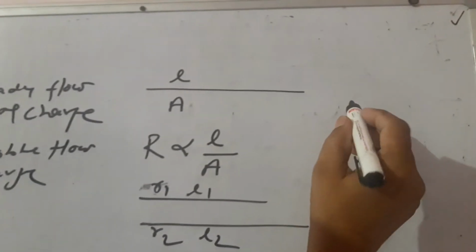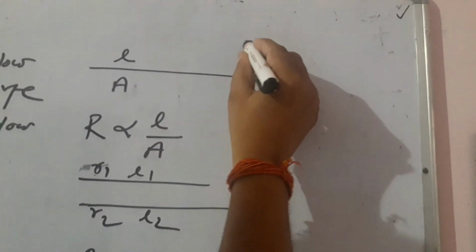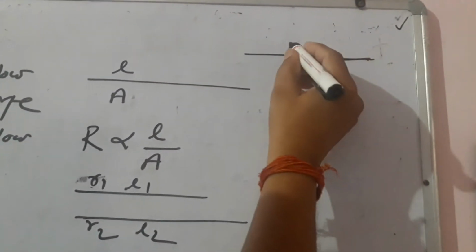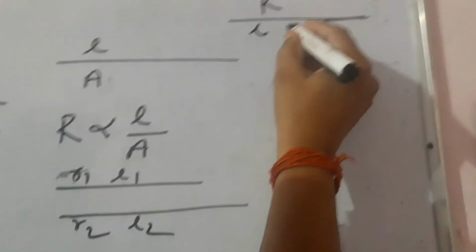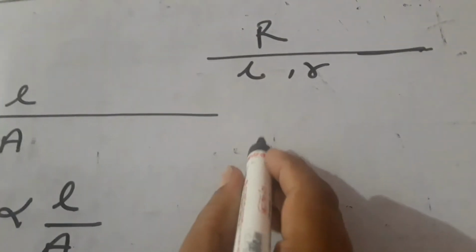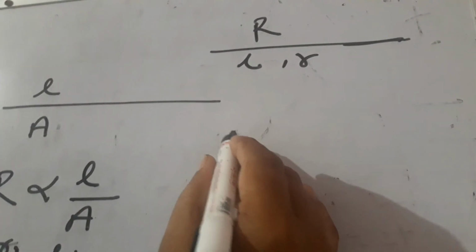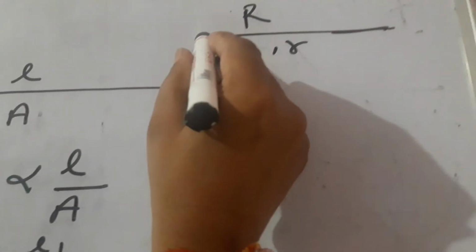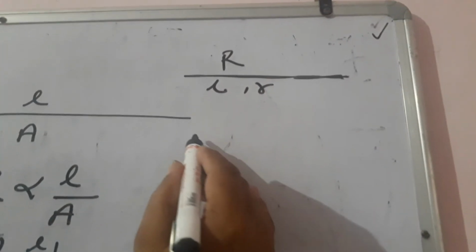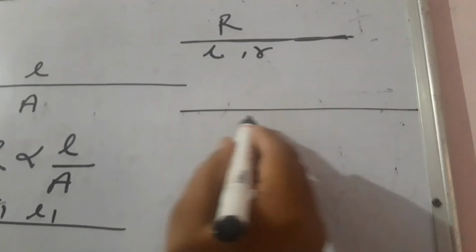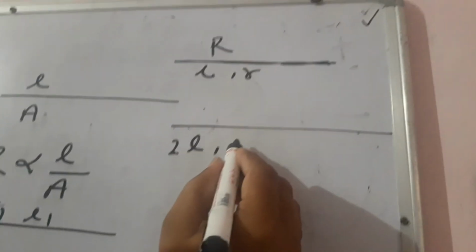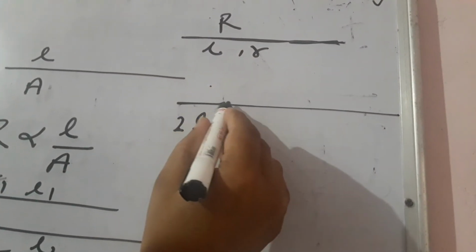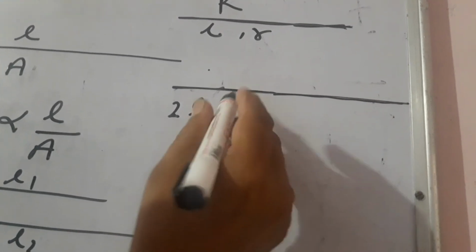If for any wire resistance is R and its length is L and radius is r, and we have to find resistance when wire is stretched and length becomes 2 times. That means length is 2 times, that means 2L, and when length increases then radius decreases, so since volume of